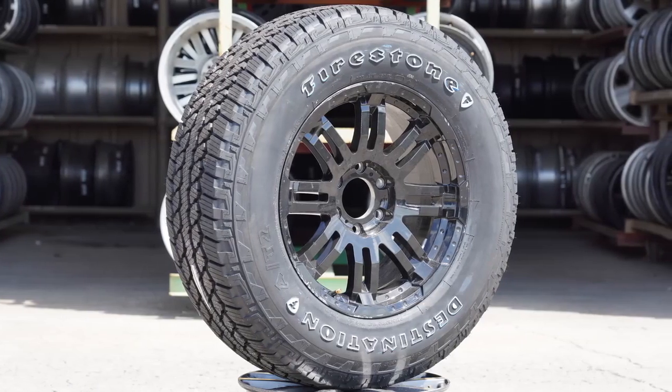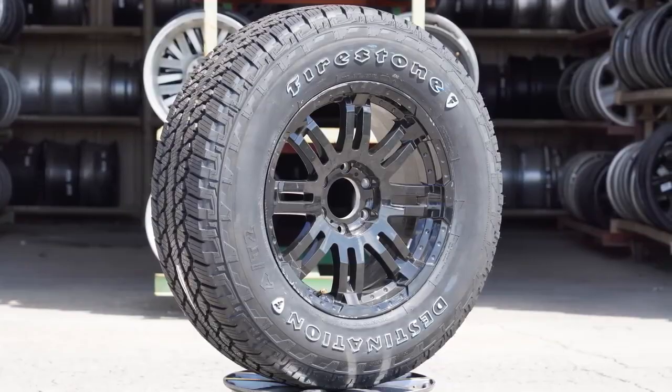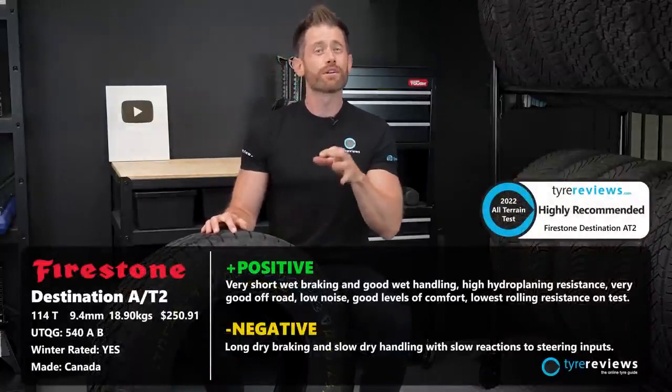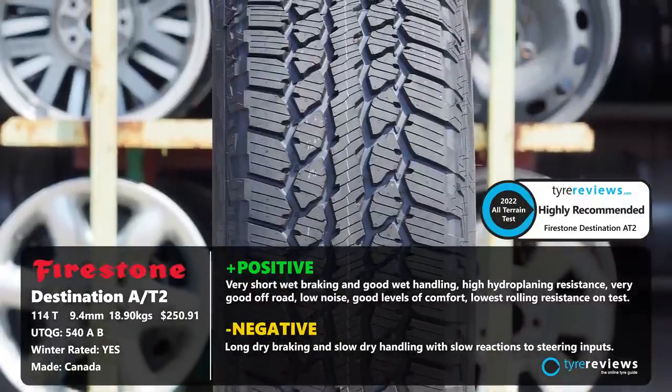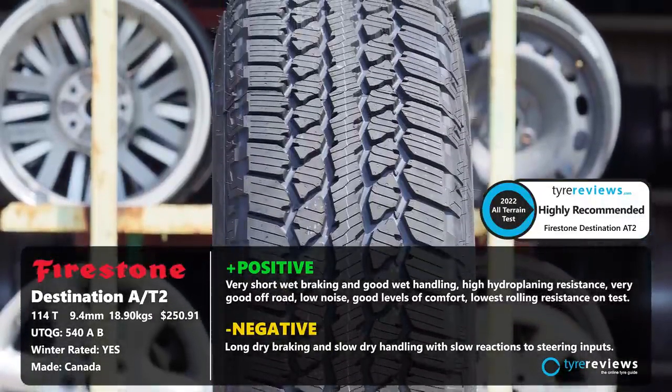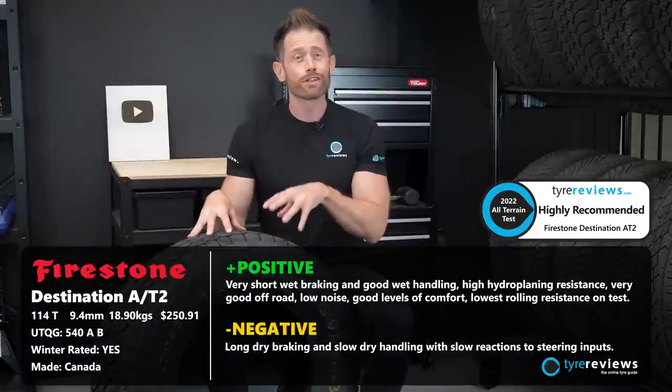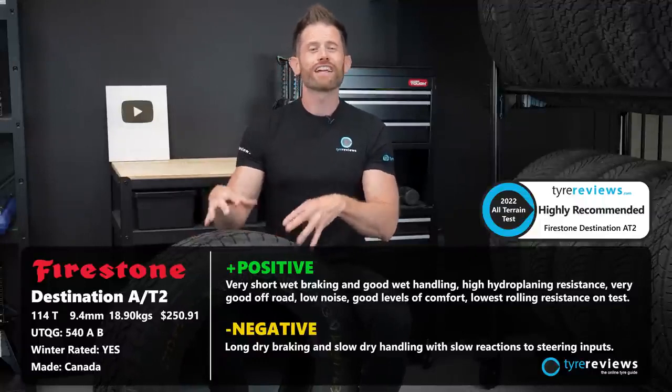Excellent product by Continental. Finally, the Firestone Destination AT2 finished just 0.03% ahead of the Continental, but with a slightly different personality. Like the Continental, it was exceptional in all the wet tests, but unlike the Conti, it was also one of the best tyres in the off-road tests. It also had excellent levels of comfort, low noise, and the lowest rolling resistance on test, which is a fantastic